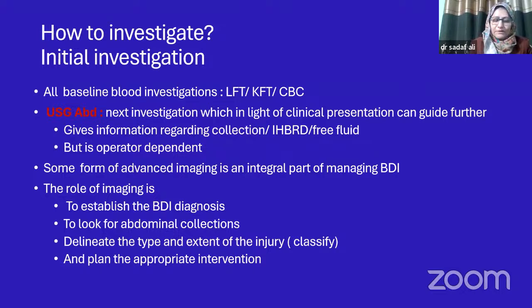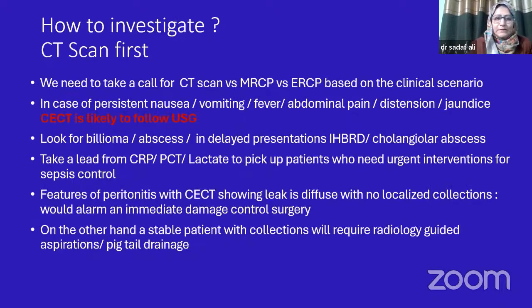The role of imaging in these patients is, first of all, to establish a diagnosis of bile duct injury. Not always when you suspect, it turns out to be bile duct injury. To look into abdominal collections, to delineate the type and extent of injury, and to plan appropriate intervention in these patients. So what you do is you need to take a call between CT scan versus MRCP versus ERCP based